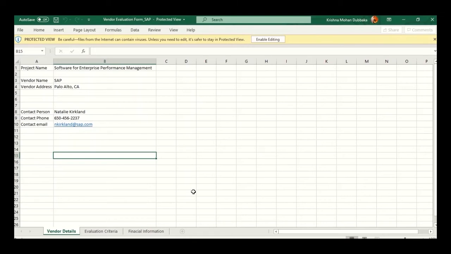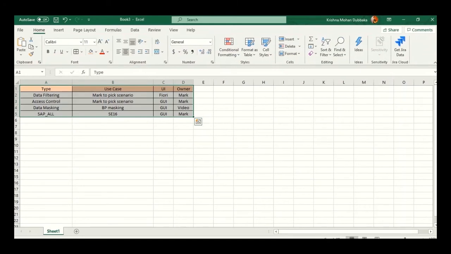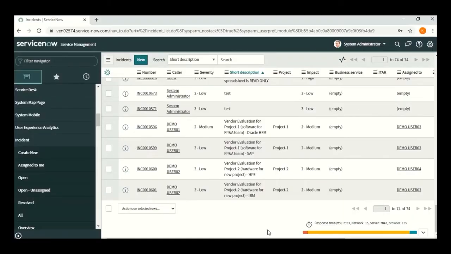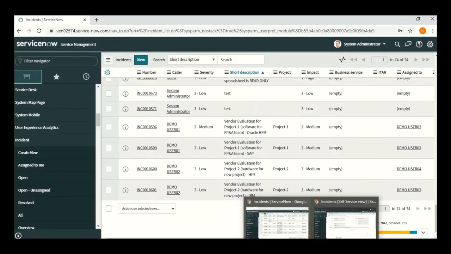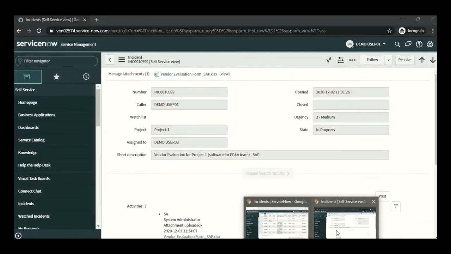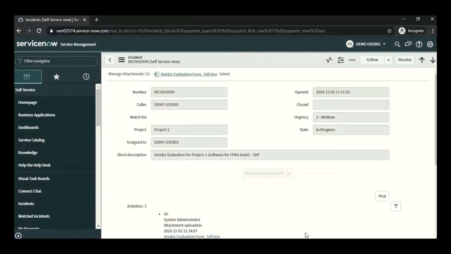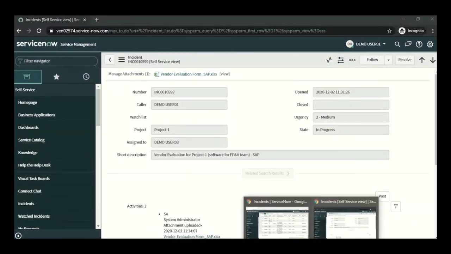This is one sample Excel file that is attached to the vendor evaluation, containing sensitive information corresponding to this particular evaluation. So access to the incident is secured via the policy that is written using the project attribute. Let's try to look at demo user